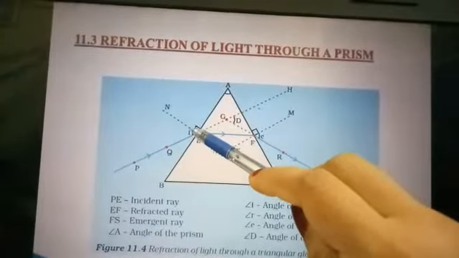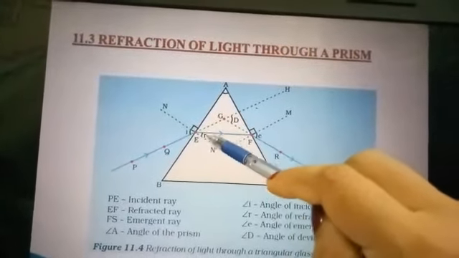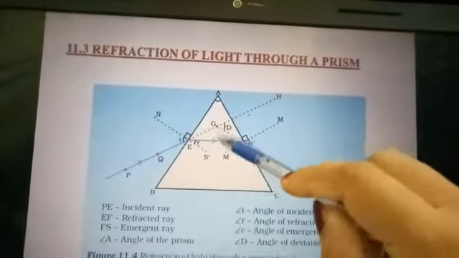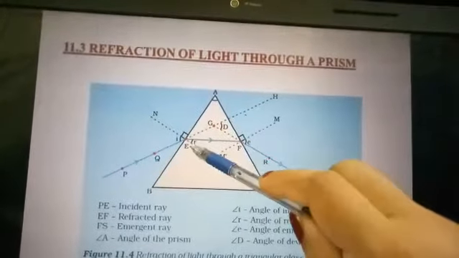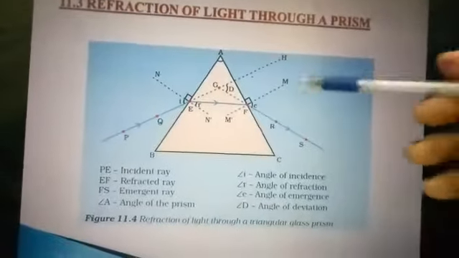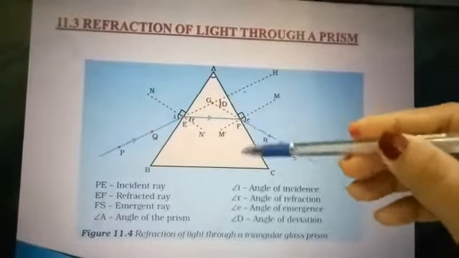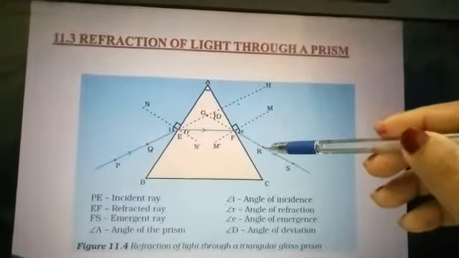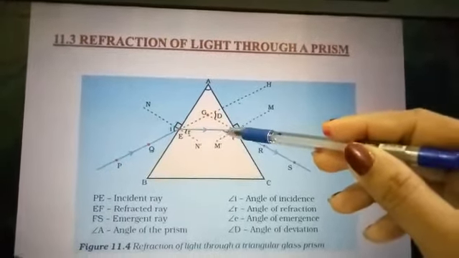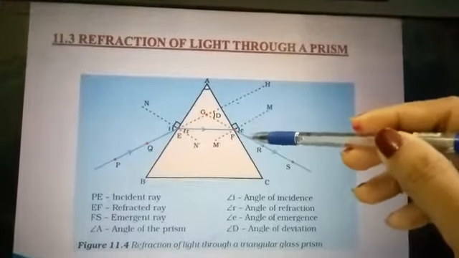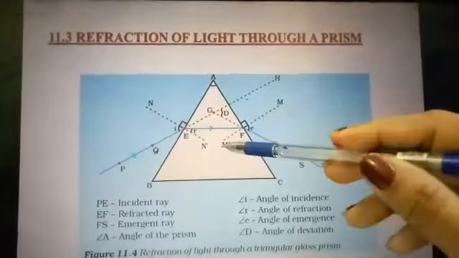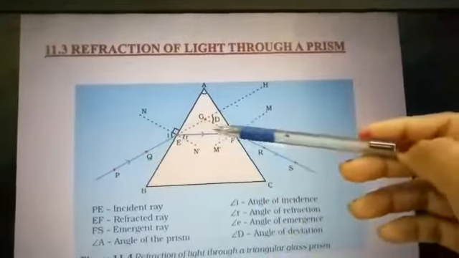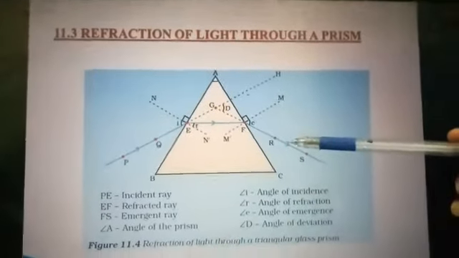Just look here, compare the angles. Angle I is much more, angle R is less. That means this is deviated towards the normal. So here EF is the refracted ray. And then again the same ray is moving from the denser medium to the rarer medium, so it will move again away from the normal. Just compare this angle. This angle is smaller and this one is bigger. So rarer and denser medium. Then we have here the incident ray, the refracted ray, and this one is the emergent ray.